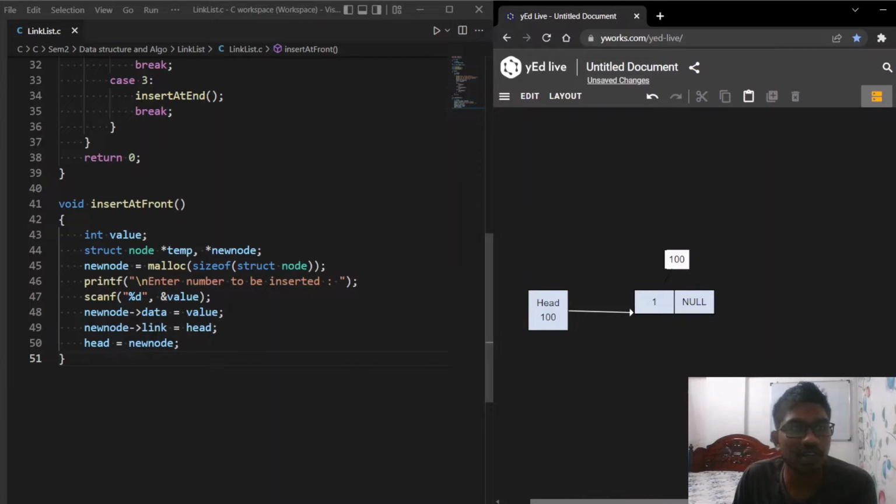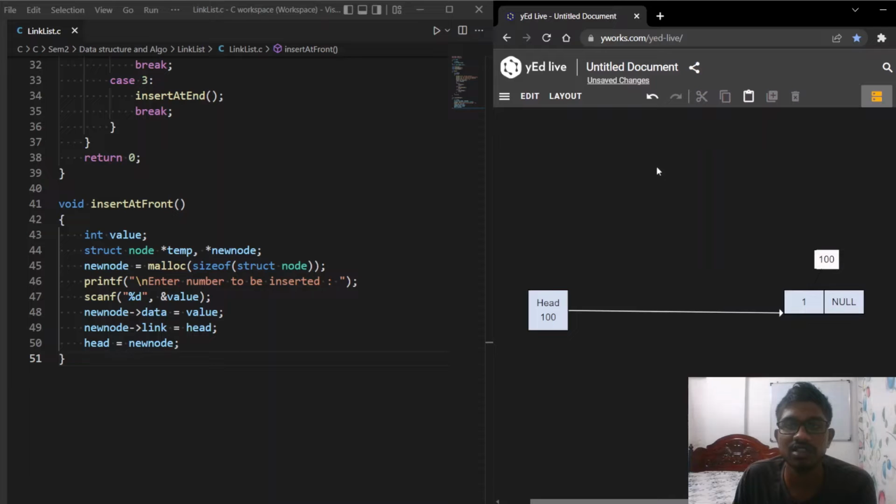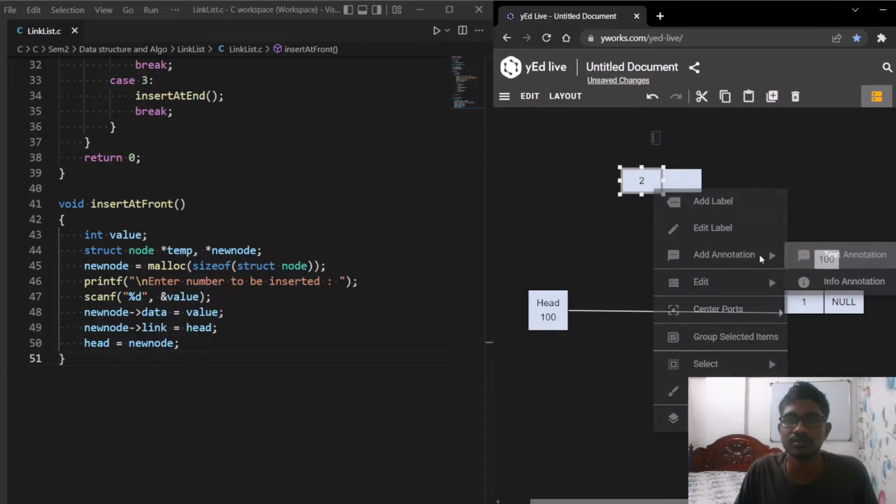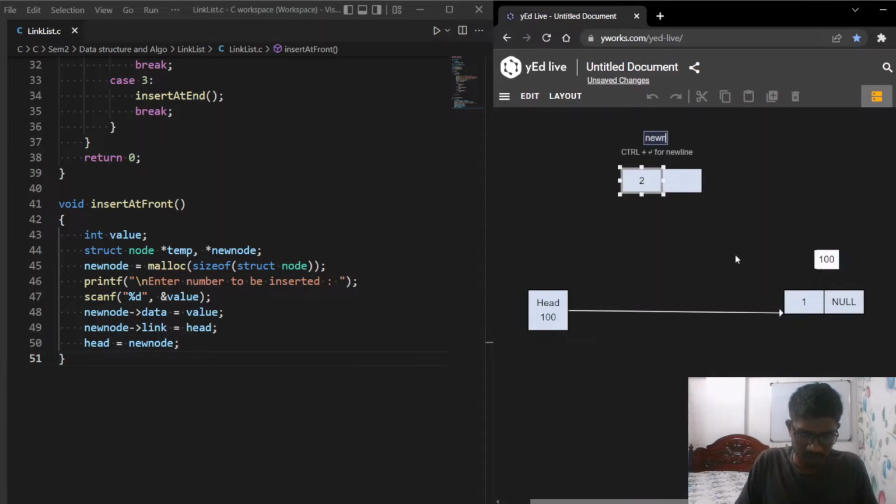now if we run this function again, we can insert another node. We can insert another node at the front of the linked list. Okay, now let's store data 2 in this linked list, and let the address of this new node be, let's take 200. Okay,